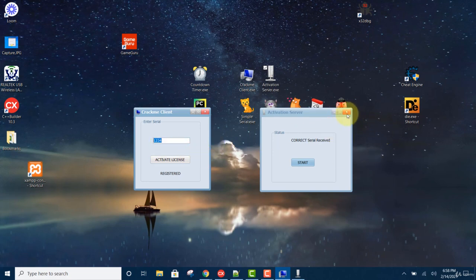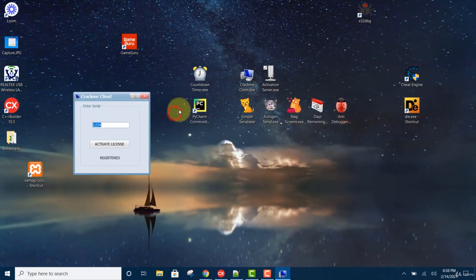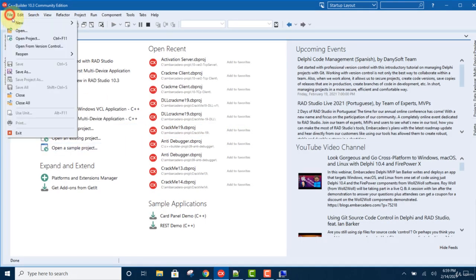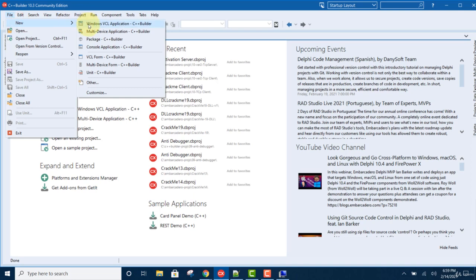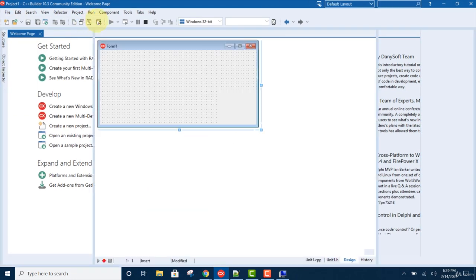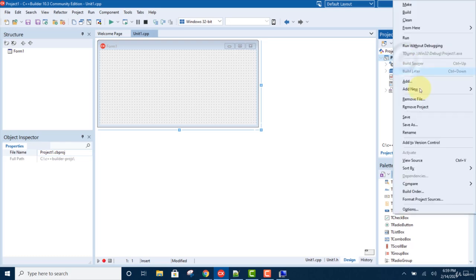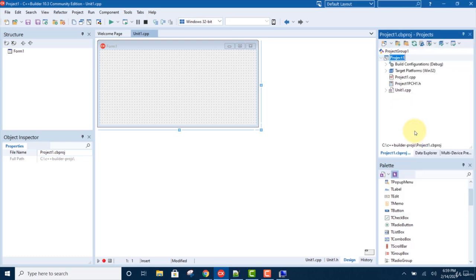So let's get started. We will build the client first. Let's open C++ Builder, click on File, New. Click on Windows VCL application, and then let's change the name. Right click and rename this project as client,